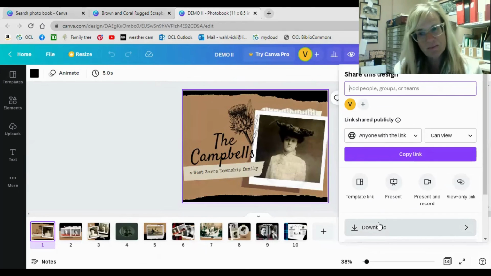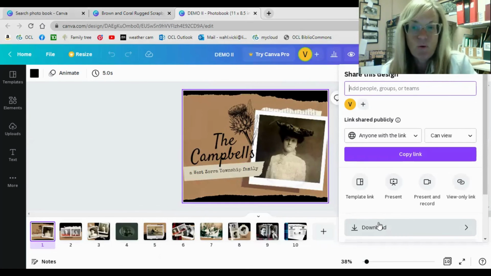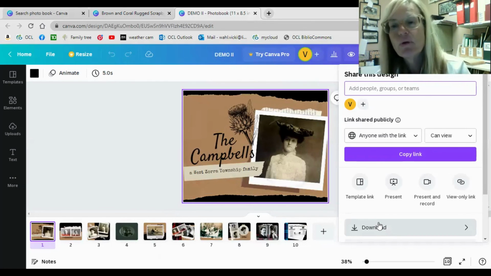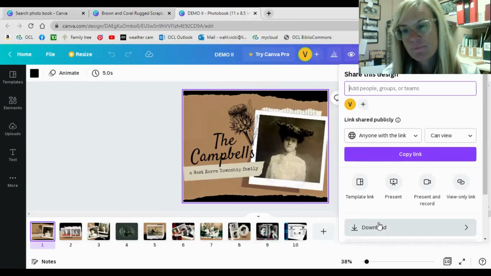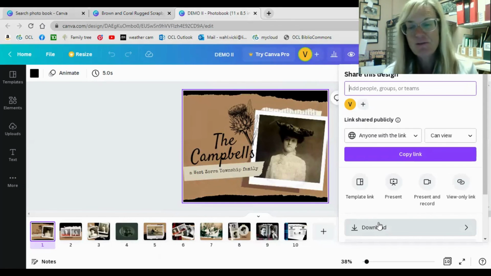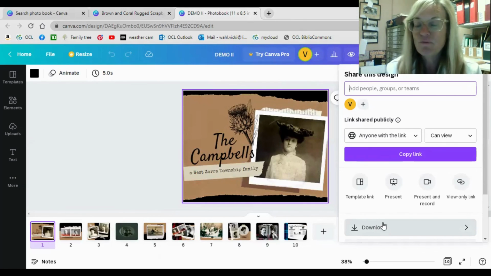You can also present it. So it gives you the option of making it as a slideshow, presenting it at a family reunion or a wedding. These are great ways to preserve family memories in sort of a pro looking publication. Plus it keeps it in a format where you can add names, you can add dates, so critical information is not lost. So I hope you give Google PhotoScan and Canva a try to preserve your family